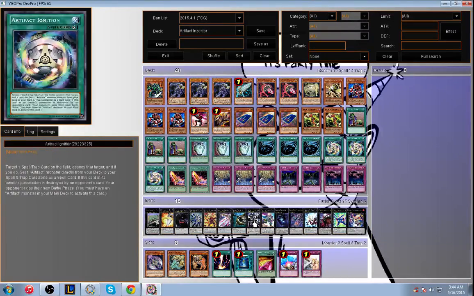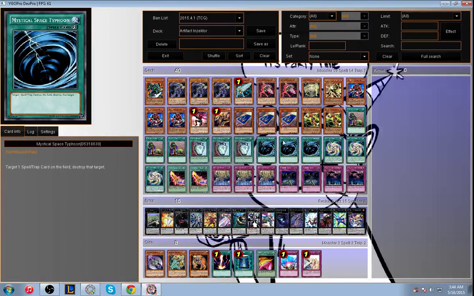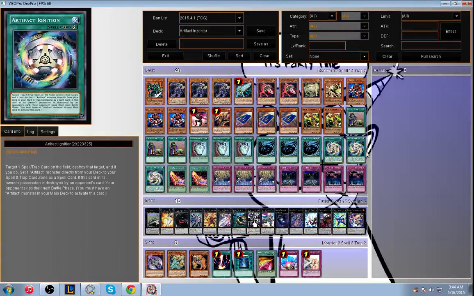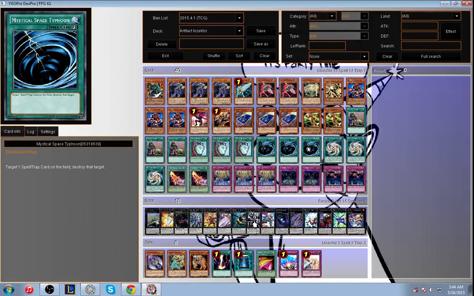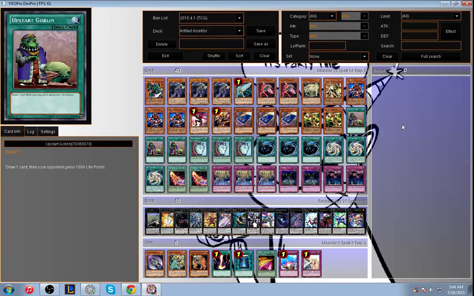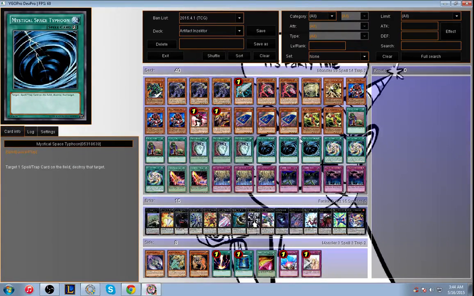You have really, really good search cards. You also have plenty of main deck MST, but you could side additional things like Twister, or you could side Dust Tornado. But that's been my